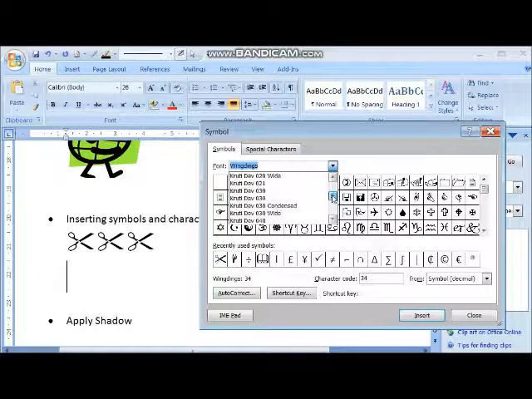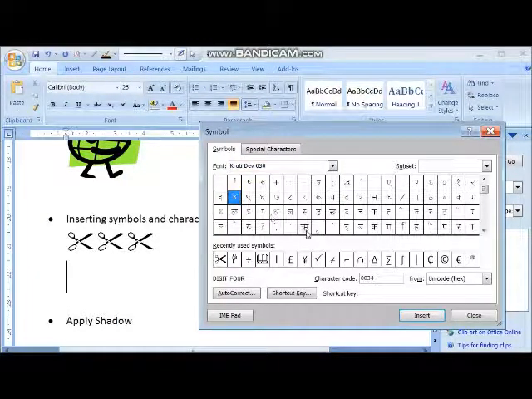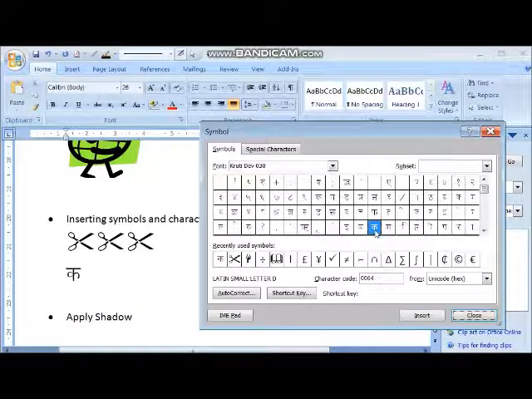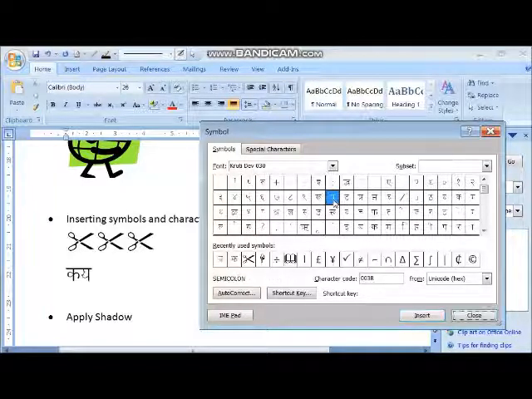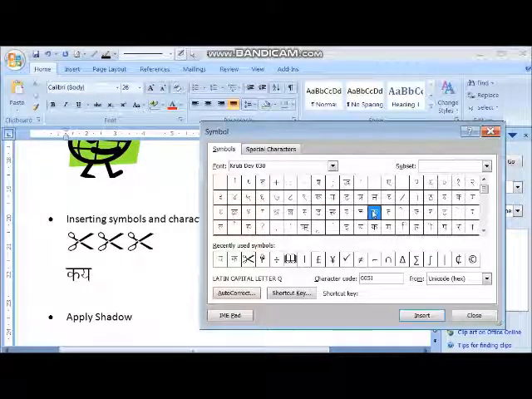If the very small part is there, you can select the Hindi words and you can write using your, जैसे मैंने यहाँ लिख दिया क, ठीक है. इसके बाद मुझे यहाँ पर सपोज लिखना है. Anything.